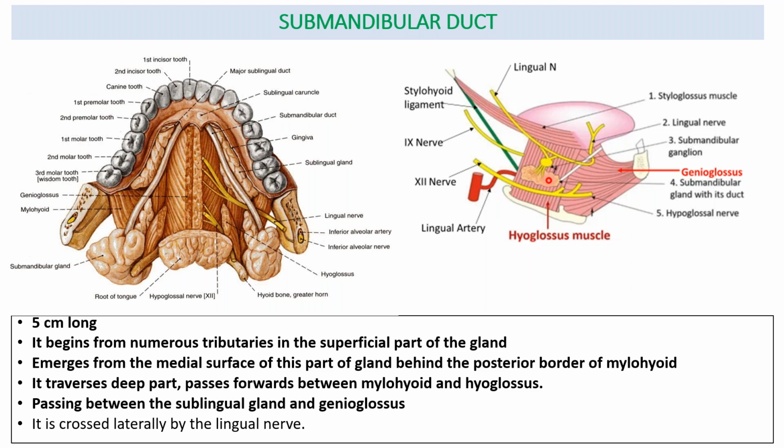Can you see? Just now I told you that superior to this deep part is one nerve. This is the lingual nerve. You can see this is winding around the submandibular duct to reach the tongue. So it will be crossed laterally by the lingual nerve, which finally goes to the medial aspect. From the inferior view also, you can see lateral to this duct is the lingual nerve, which winds around it to reach the tongue.